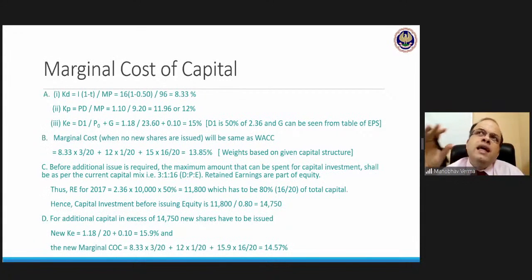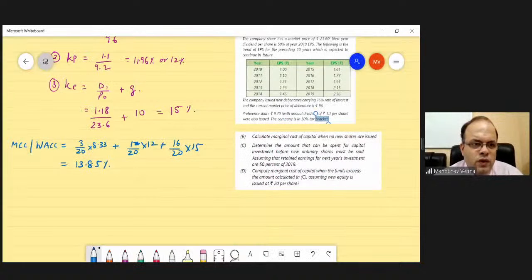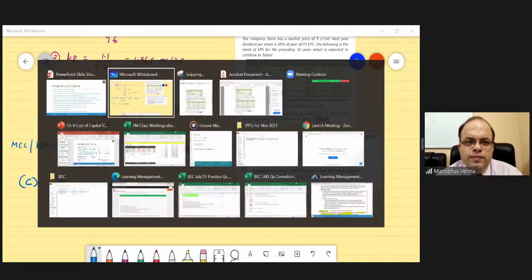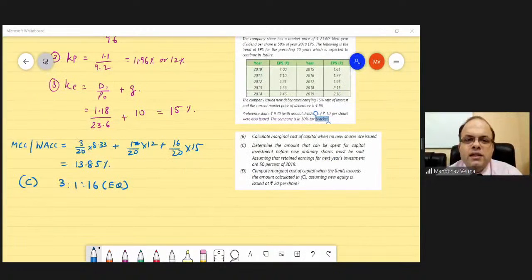That means we know the capital structure, 3:1:16, right? That's what we know. For question number C, we know there is a capital structure 3:1:16, 16 being equity, of course. What is it that we can reinvest? When we are looking at the logical side of things, we need to understand what will be my retained earnings. Can anyone tell me what will be my retained earnings, guys? I think we just discussed that. What will be my retained earnings